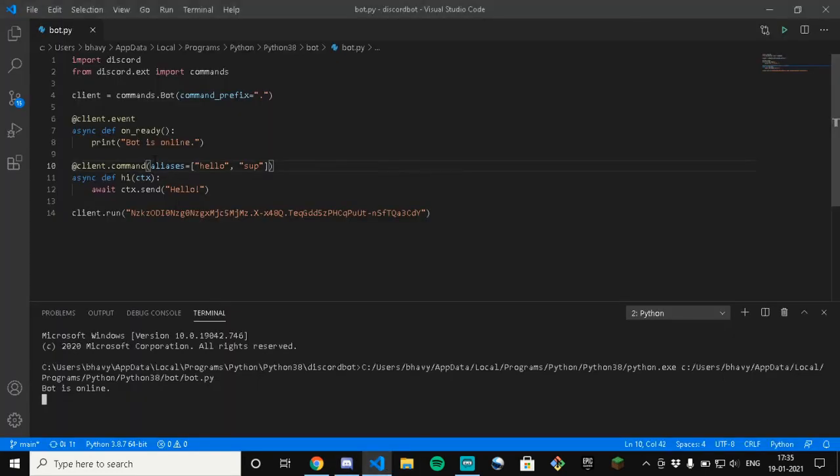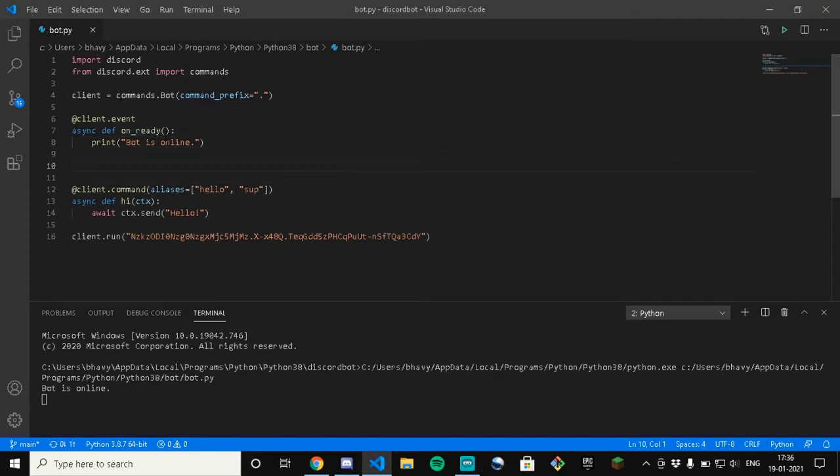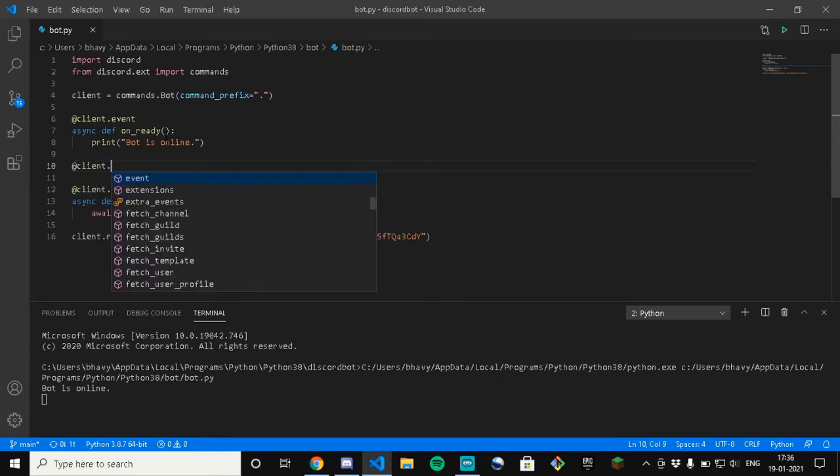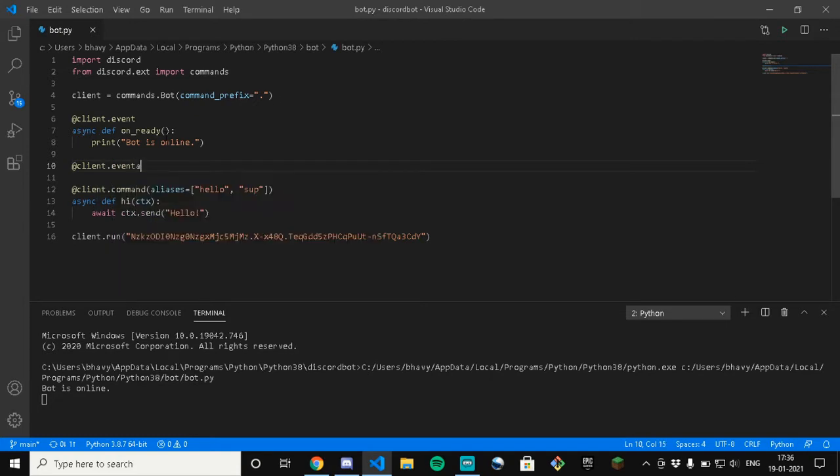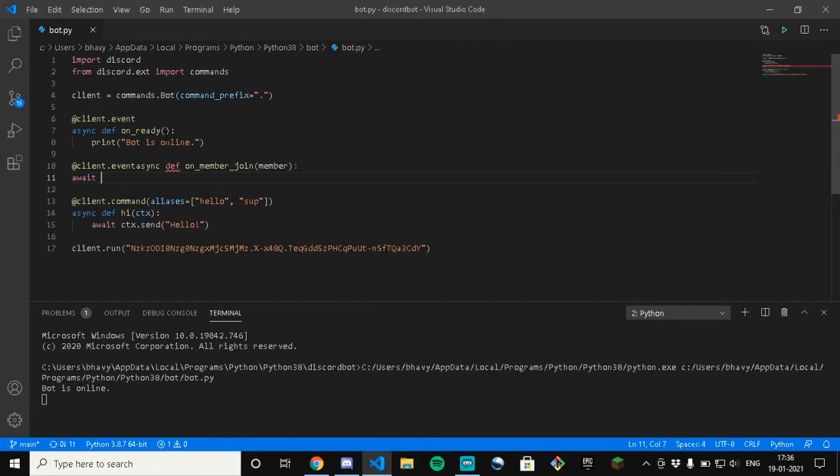Okay, so now we're going to learn how to put welcome and leave messages. So go under client.event on ready. Just type @client.event, async def on_member_join, member, await member.send